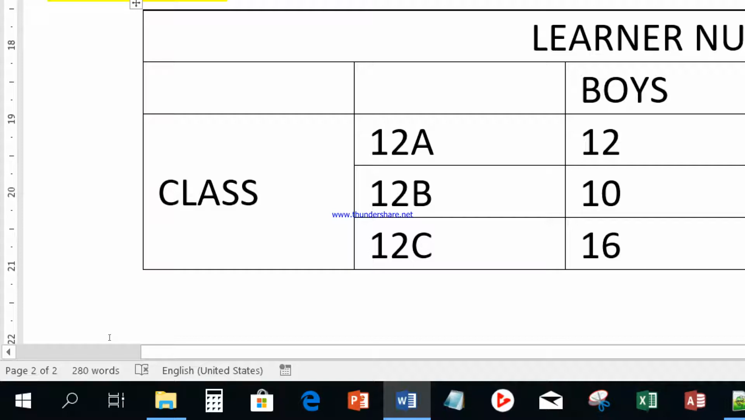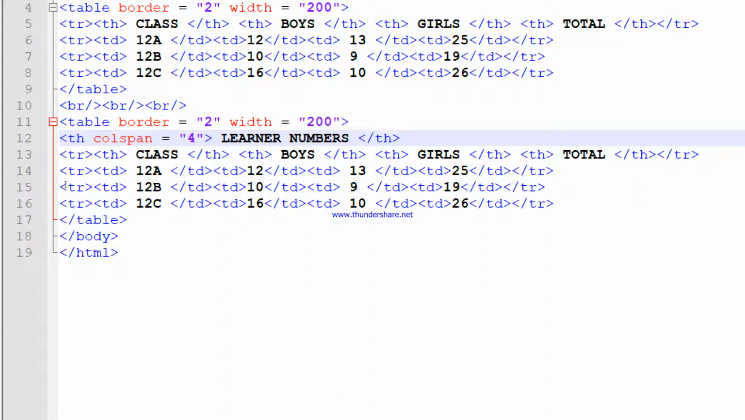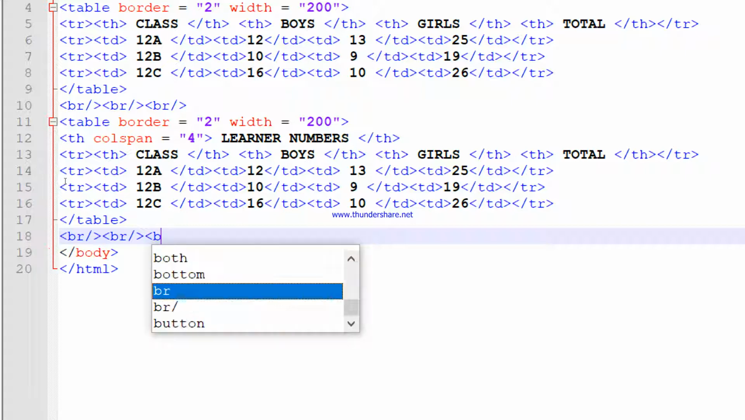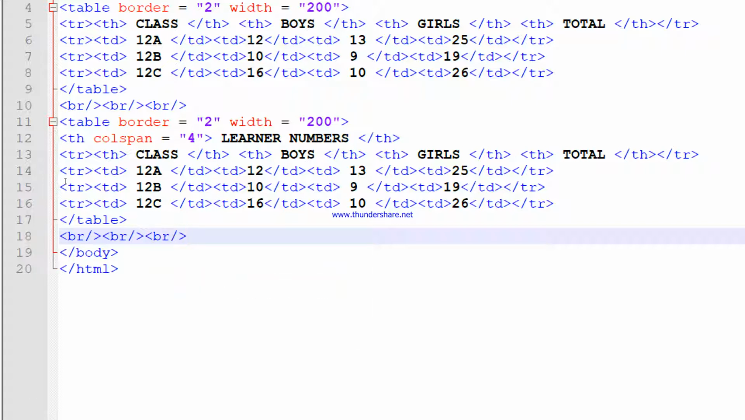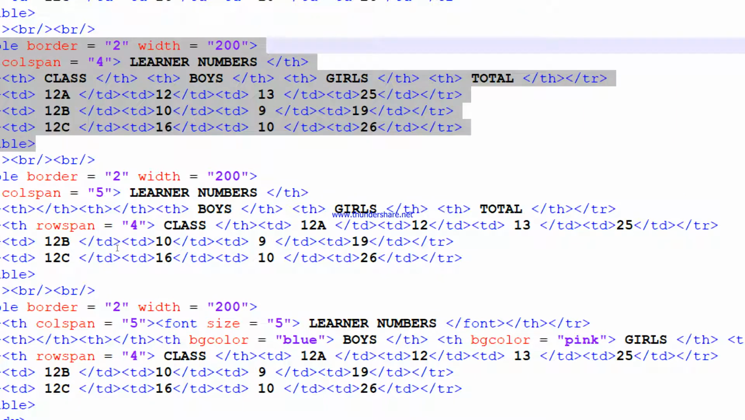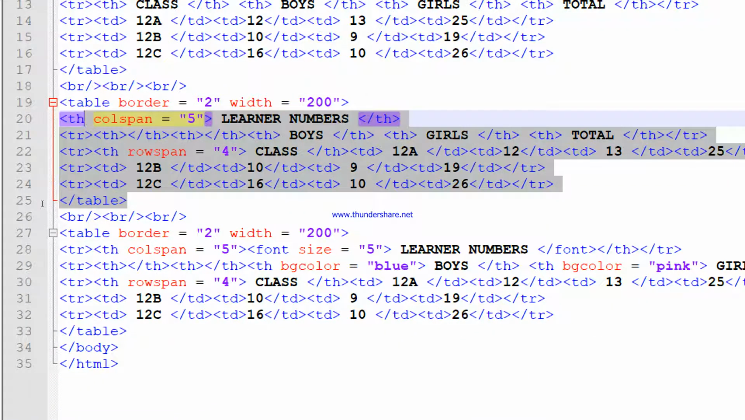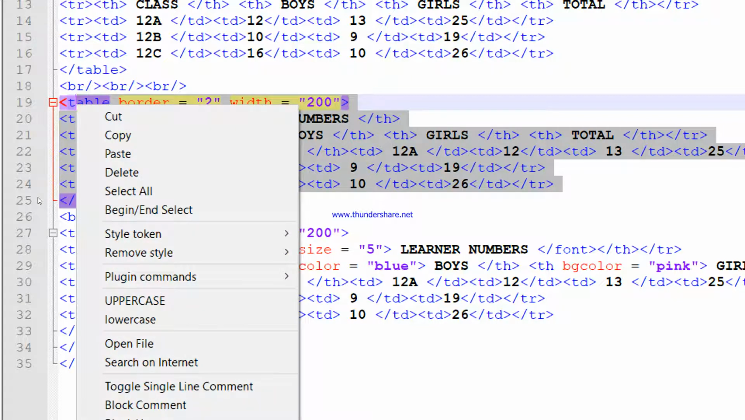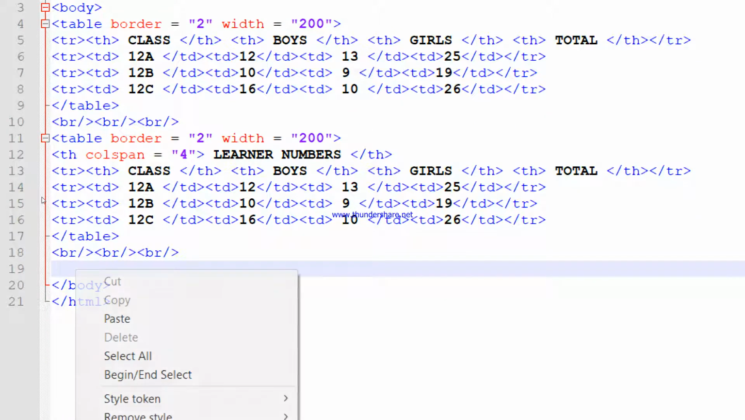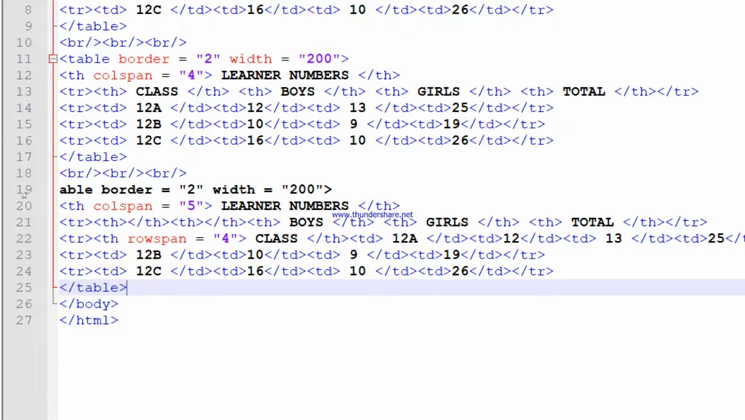So let me just go back to the notepad. I am going to add break lines in again, BR, and then I'm going to copy the next table that I have prepared, copy and paste. Now we can see